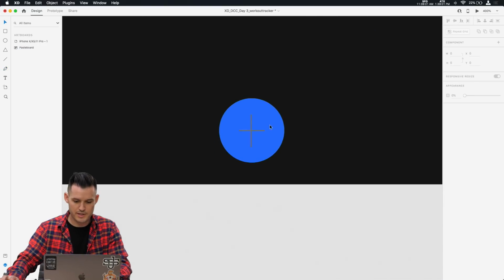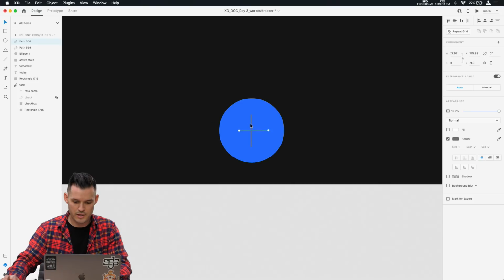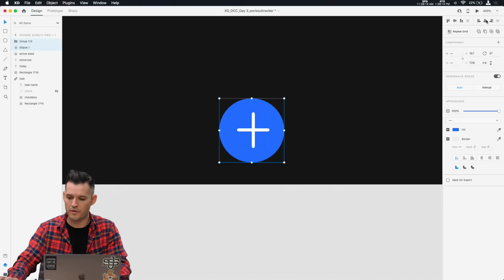I'm gonna zoom in so you can see what I'm working on here. Stretch that out a little more, align everything, and let's make it white so it punches a little bit. And why don't we just round the corners too? I'm gonna group that together and make sure my whole thing is aligned.